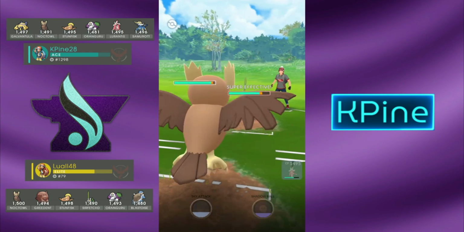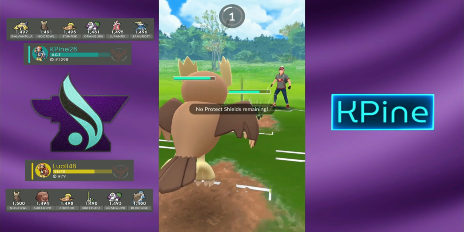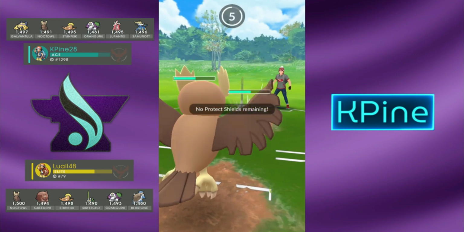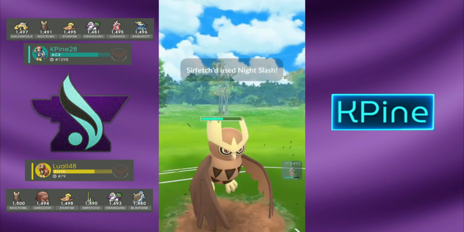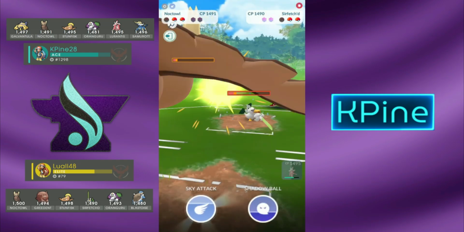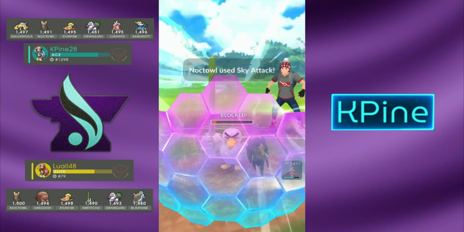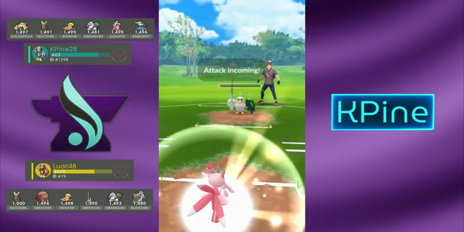So I'm going to overfarm a ton and then swap in my Noctowl. As the Noctowl is not really threatened by any charge moves, the Sirfetch'd throws, as they're only going to be non-STAB Night Slashes. First Night Slash lands, does some decent damage. Second Night Slash does some decent damage too. And from here, I'm going to farm up right before they reach another Night Slash. Throw the Sky Attack, see if they want to commit that first shield, which they do. And we'll farm down my Noctowl so they can get some